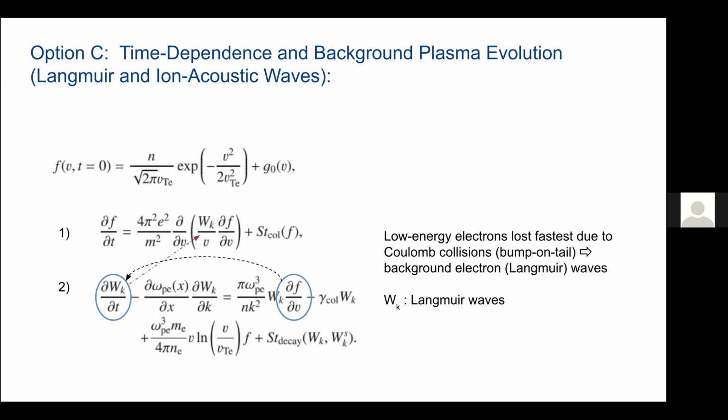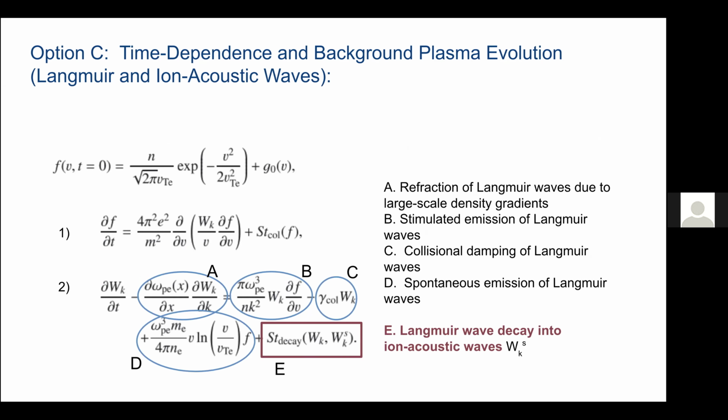And what happens is you have a bump-on-tail instability that forms because the lowest energy electrons from the beam lose their energy via Coulomb collisions the fastest. Okay, so you have a dF/dv that's positive, which changes the Langmuir wave energy density, which then changes the evolution of the distribution function. So it's a coupled problem here. Other terms are refraction of Langmuir waves. This is for myself, I need to keep track of this because this is not my specialty. You have stimulated emission and collisional damping of Langmuir waves, spontaneous emission of Langmuir waves, and then, critically,